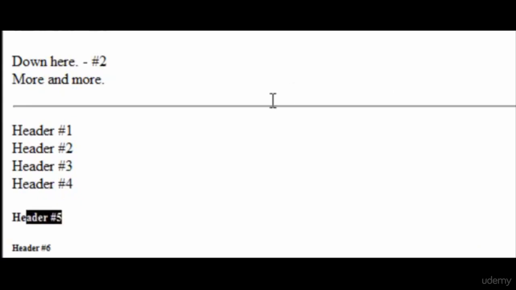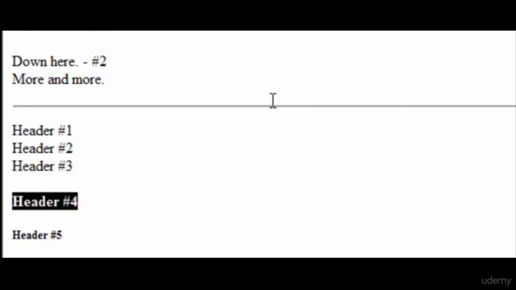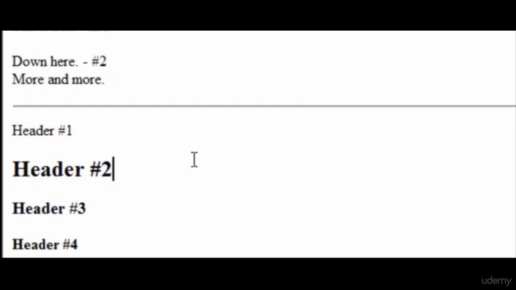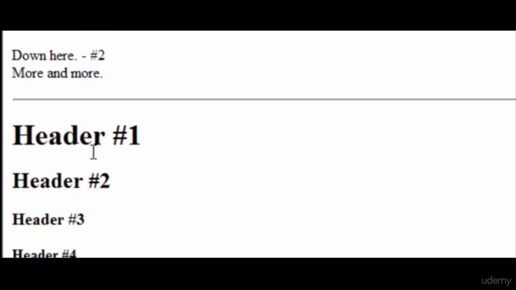Now if we take a look at header number 5, it's a little bit bigger, not too much bigger. It's bold. Now we see header number 4. This one's getting a little bit bigger. Taking a look at header number 3, it's getting larger. This one's pretty popular, as well as header number 2, which is getting quite a bit bigger. If you compare this to our regular text, it stands out a lot more. And now let's look at the biggest header, header number 1.